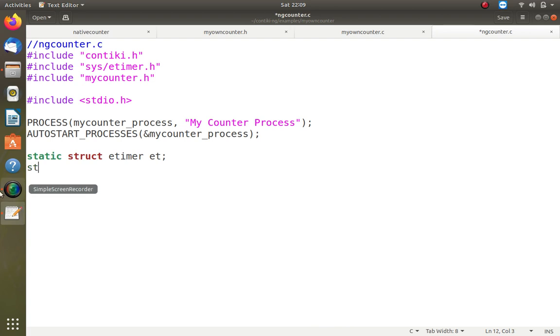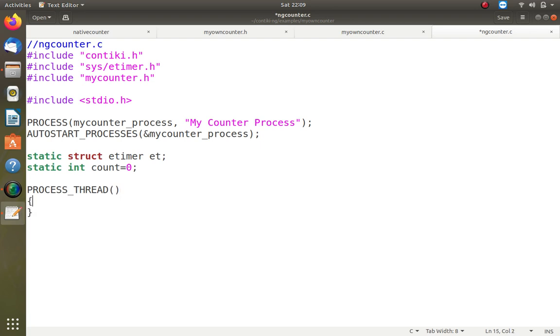Then I'll create a new counter number, static int count equal to 0. I create a counter variable because I need to increment the counter variable directly while supplying the value here. So I am starting from 0, it will count up to 59. After 59 the value gets to 0. So process underscore thread. This is the first one.